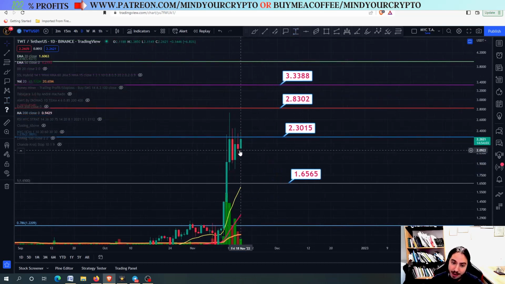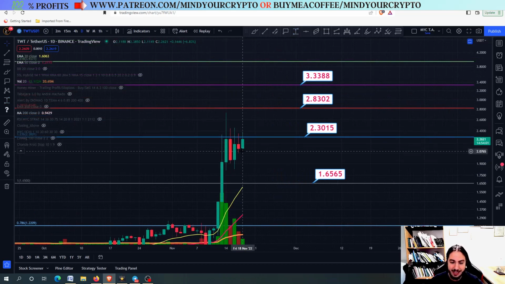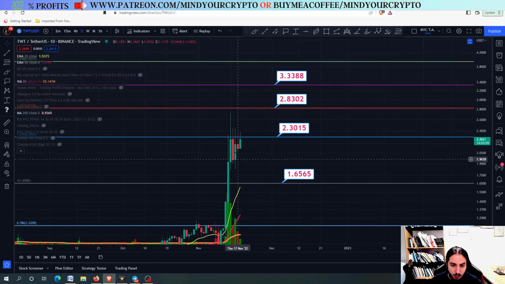But at the end of the day, the fact that we are holding these levels right here and we didn't crash, for example, on 15 November 2022, is very good. We are going sideways. It seems like we are ignoring a little bit the risk metrics. We are having the price analysis going sideways, maybe forming a bullish pattern in the lower time frames, and we are ready to go higher.